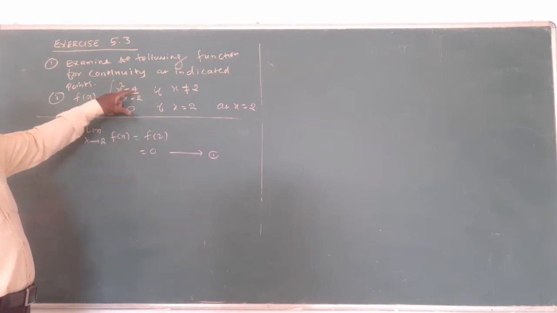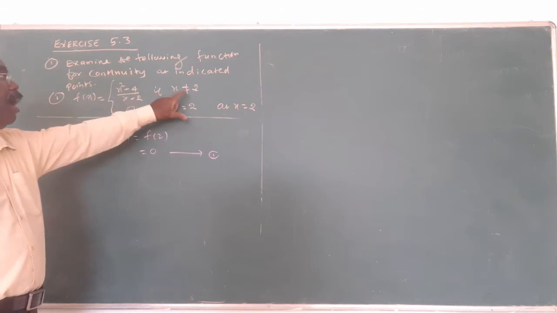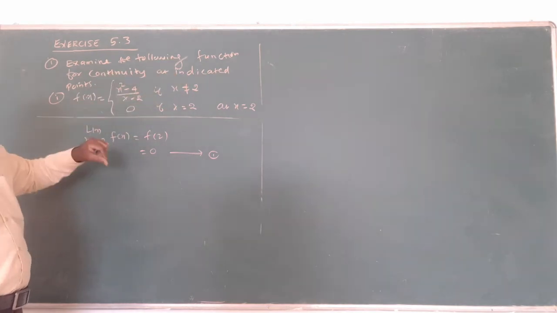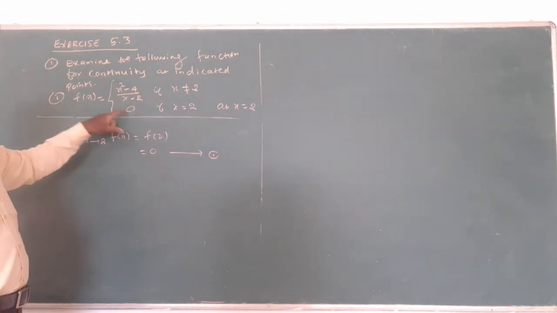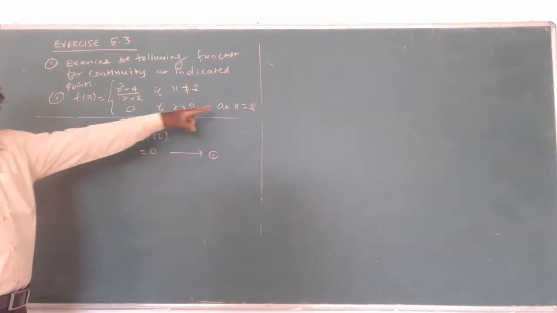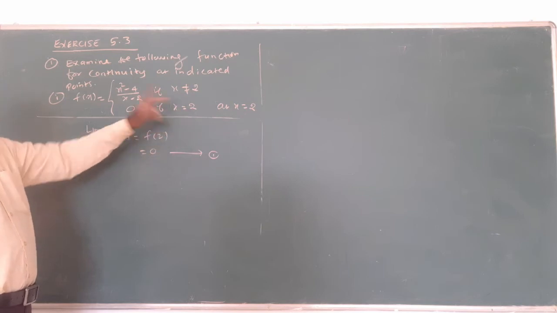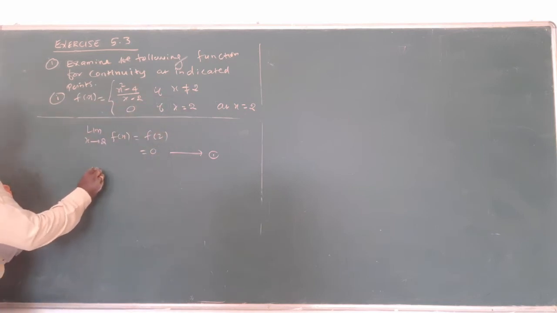Mind it, don't put x equal to 2 into 2 square minus 4 over 2 minus 2, which is 0 by 0. This formula for f of x is used only when x is not equal to 2, other than 2. If it is exactly 2, we use the value 0. That's why, because x is 2 given, f of 2 means the value is 0. First answer over. Now I am finding the left limit.